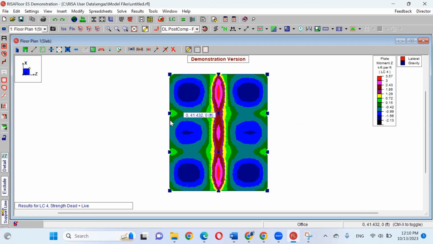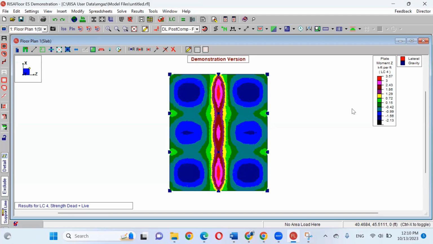Any point on this slab with a yellow color means your moment ranges between 0.72 and 1.29. So you can get the maximum value of moment, which is around 3 or maybe 3.57. And you can use this value to start your design.